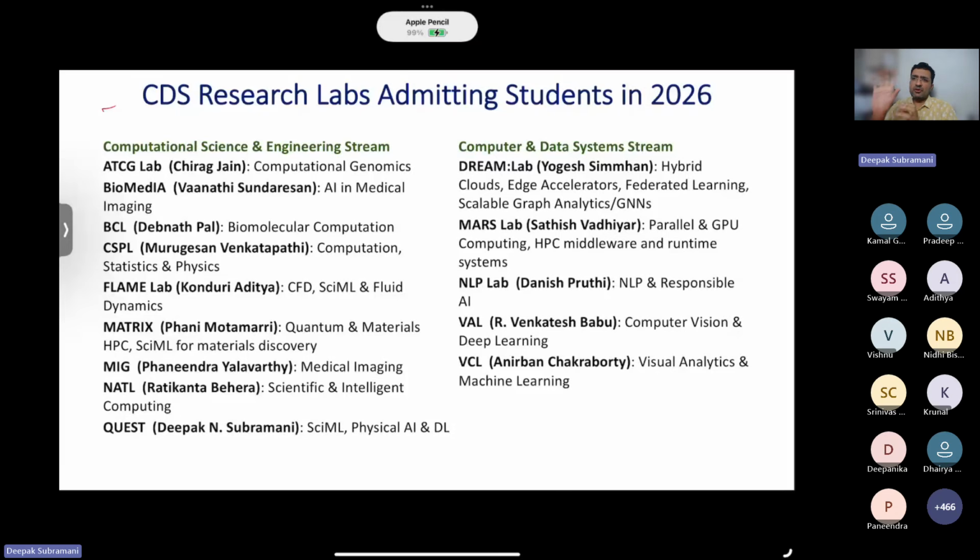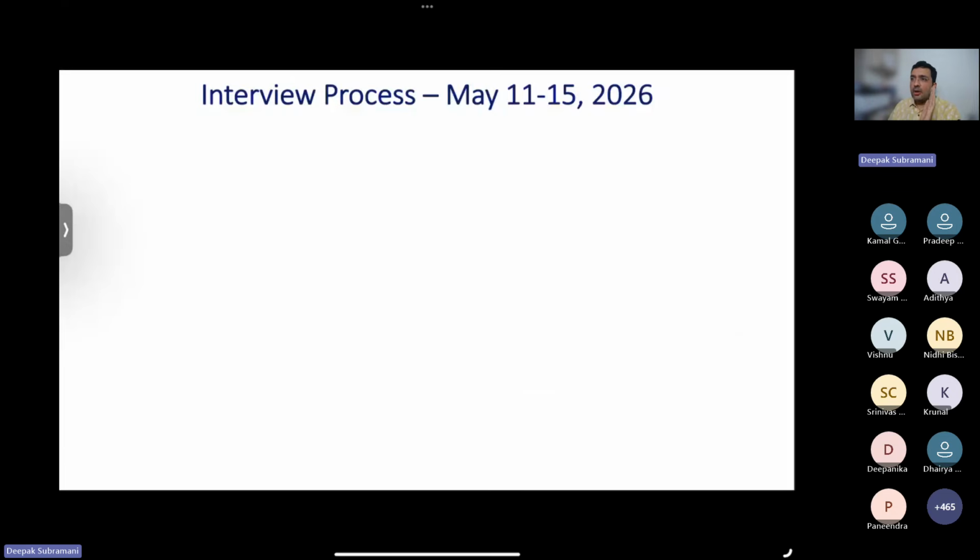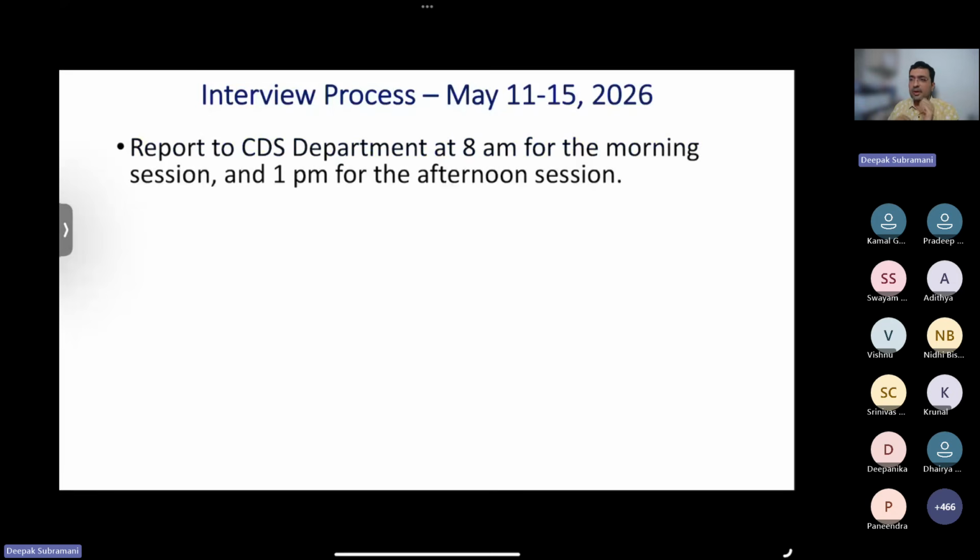So this is just an overview of the key topics that each of these labs works on. I will tell you how you can go about looking through each lab, getting an idea and making your choice very shortly. Before I go into the lab specifics, let us look at the interview process itself. So what happens on May 11th? There are several questions in the chat and QA about the topics of the interview, etc. How do you get selected? So let's walk through the interview process one by one.